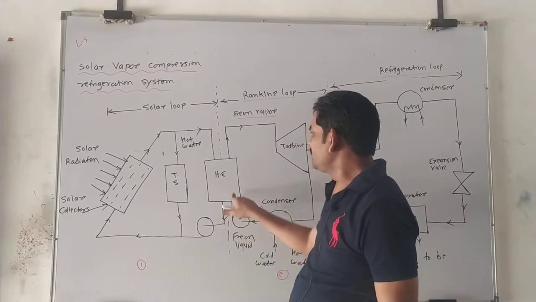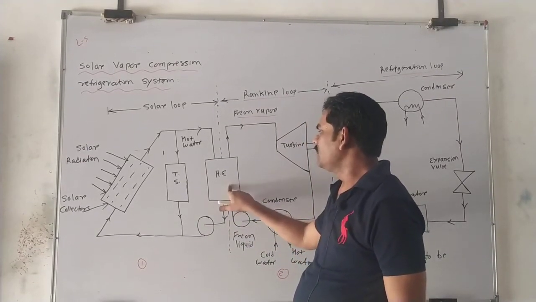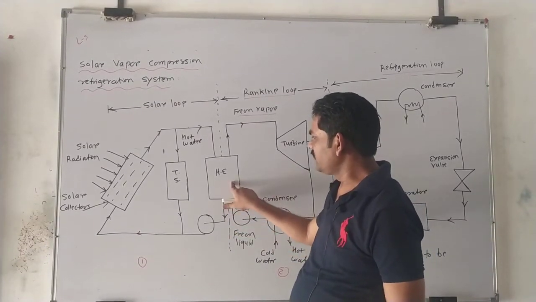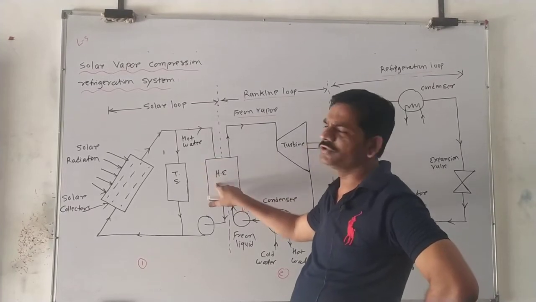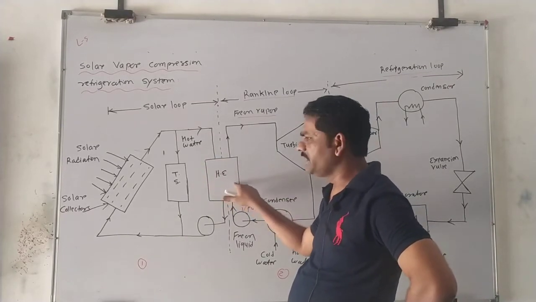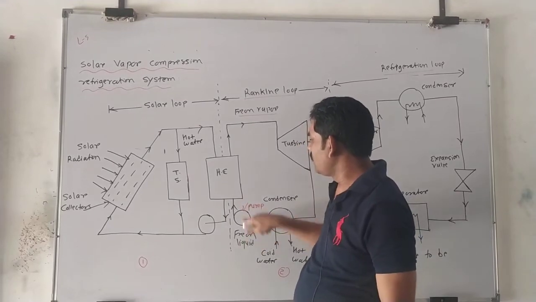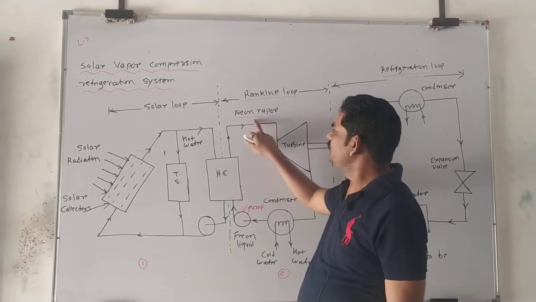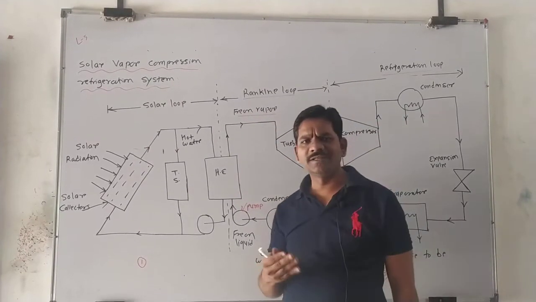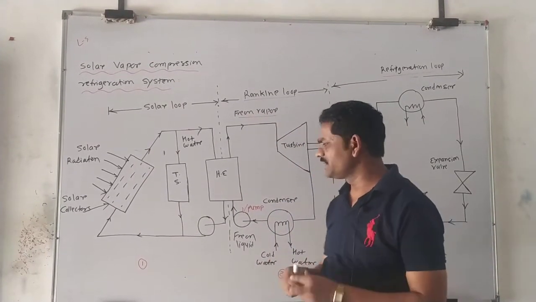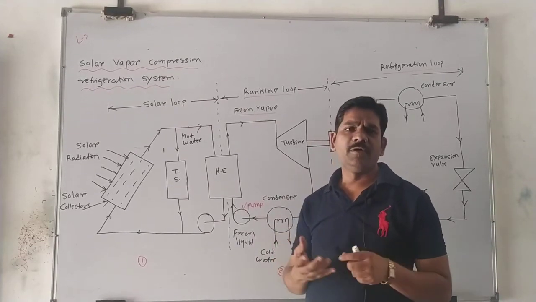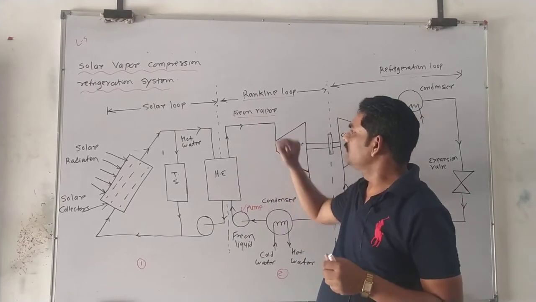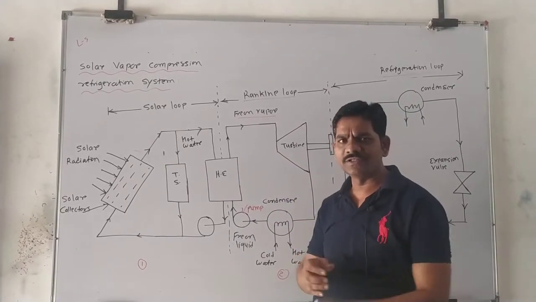So this Freon liquid is passed into the heat exchanger, and this liquid Freon absorbs the heat from this hot water, and there is an exchange of the heat that takes place, and this Freon liquid converts into Freon vapors. Okay. Now these Freon vapors, we know the very low temperature, minus 10 degrees Celsius. At this temperature it is converted into vapor form. So this Freon vapor is at a very high temperature.